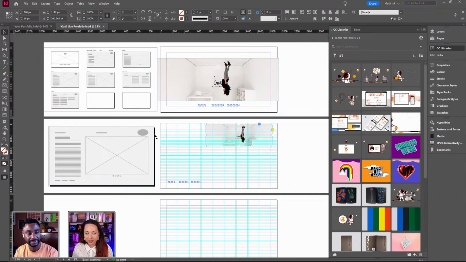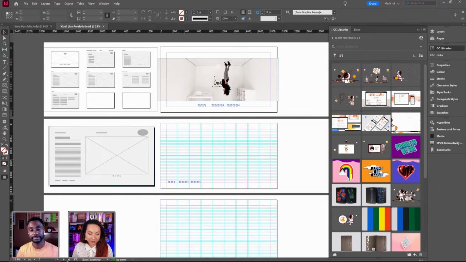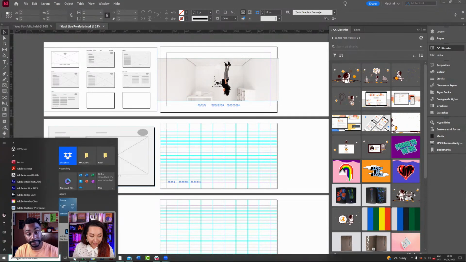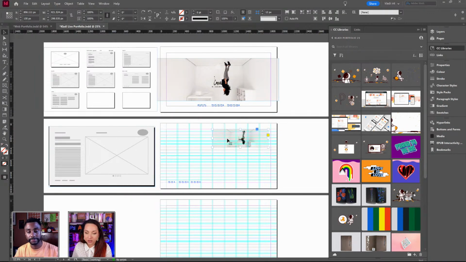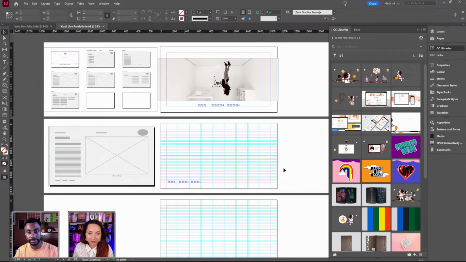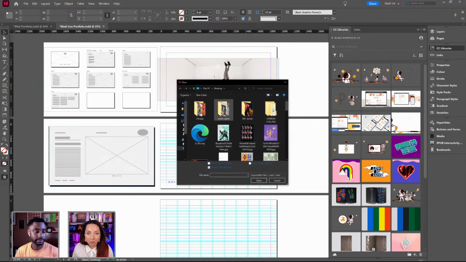That's a way to add your images, and they will be loaded, and you can click. By the way, there are so many different ways and so many things to show. You can either drag it, it will be loaded here. You can click once, and it will be displayed in its original size, or click and drag to define the size. Or you can go ahead and use Control-D or Command-D. That is the shortcut that will allow us to browse your folder, and then simply click on place, whatever item